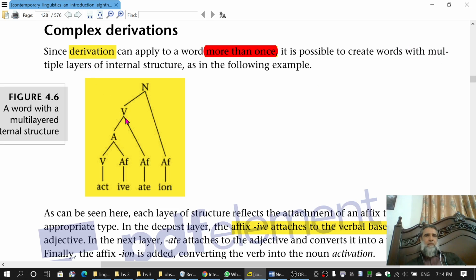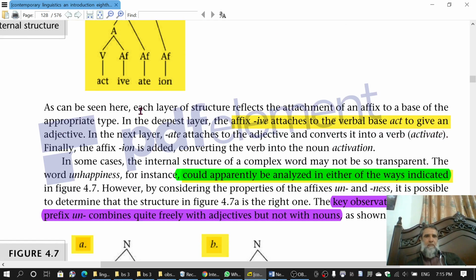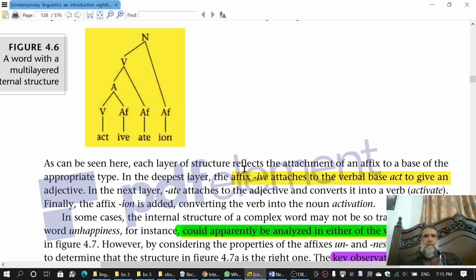तो बहुत सारी लेयर्स के साथ अल्फाज को बनाया जा सकता है। देखिए 3 लेयर्स हैं, एक लेयर, ये दूसरा लेयर और ये तीसरा लेयर। तो ये मुख्तलिफ लेयर्स इंटरनल स्ट्रक्चर के बनेंगे, as in the following example. As can be seen here, आप यहाँ देख सकते हैं, each layer of structure reflects the attachment of an affix. हर लेयर जो है ये एफिक्स की अटैचमेंट जाहिर करता है। ये एक लेयर है तो ये अटैचमेंट, ये दूसरी लेयर है तो ये नेक्स्ट अटैचमेंट, ये तीसरी लेयर है तो ये नेक्स्ट अटैचमेंट।